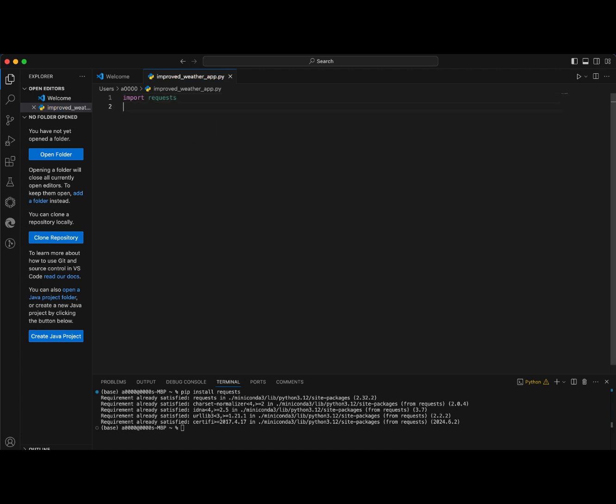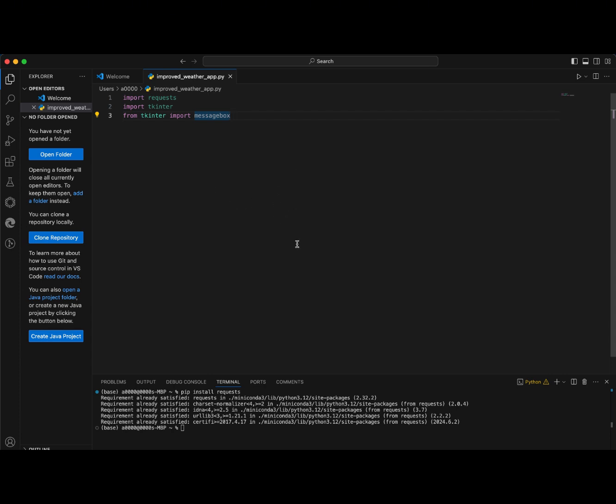We also import tkinter, and we will also import from tkinter import messagebox. So okay,